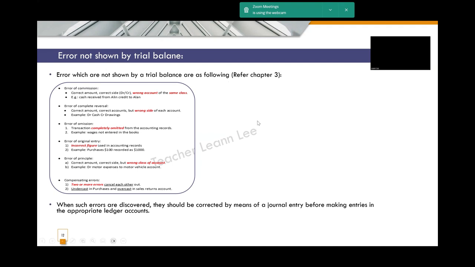this situation, you will need to find out whether it is an error of commission, error of complete reversal, omission or original entry, or the error of principle, and so on. Once you find out, you have to adjust back to the correct entry. So in this situation, who is going to help you with the double entry debit credit guidance, which is what you recorded in your